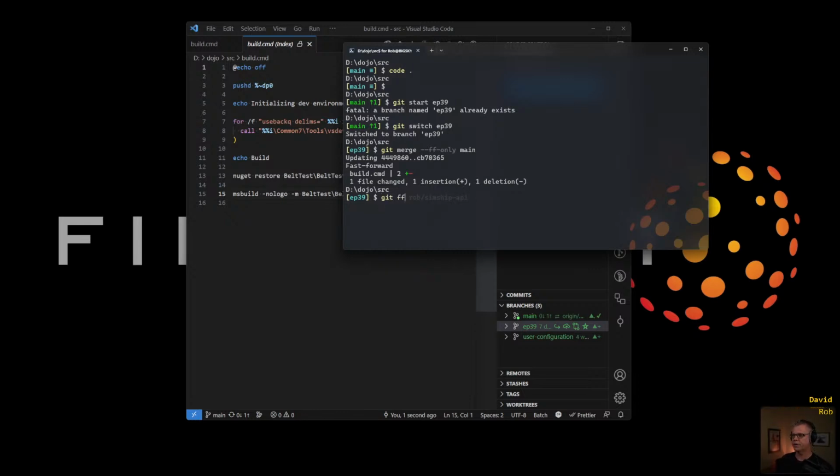By the way, I have this command called git ff, which is merge with ff only. It's a way of making sure that I can bring one branch into another branch very quickly and easily, but not have to worry about creating an extra commit while I do that. It's essentially just give me all those changes into my branch, please. That's what ff is for. All right. All that just to get started.